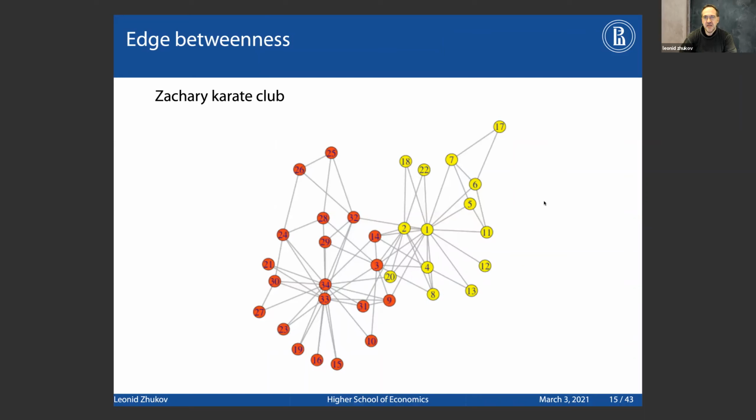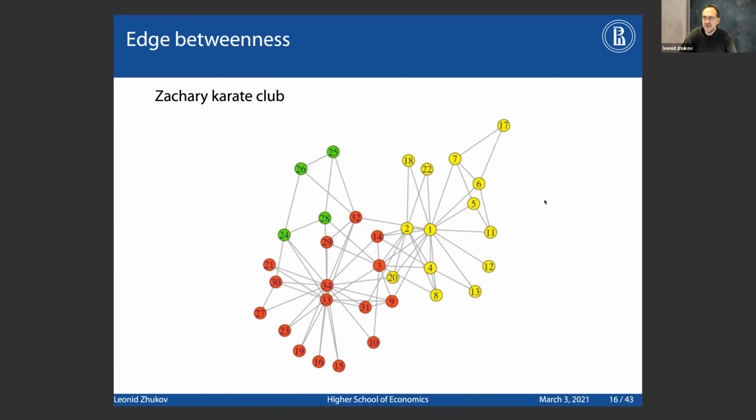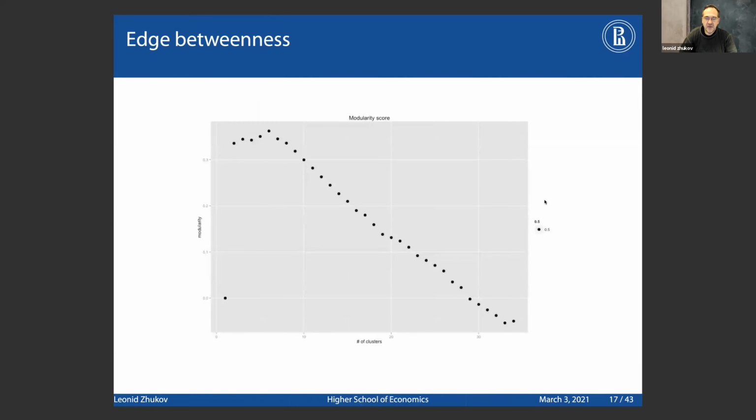If we do edge betweenness, this is the result. This is the partition that edge betweenness, the split, will do. Now we can actually keep splitting further and further, and that's what's going to be happening, right? If we run it again, it will split those four nodes. And what I can do is measure the modularity score